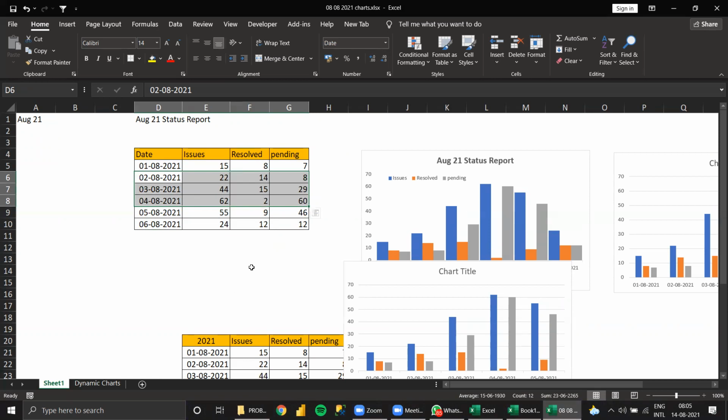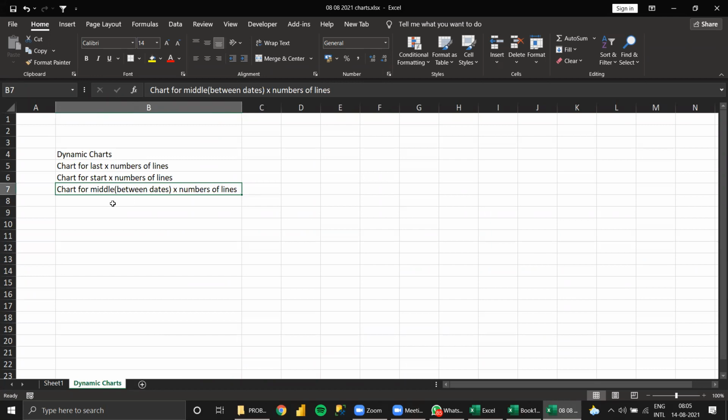Or one more thing I forgot to write here. Suppose a number of lines, and I need to do the chart in a progressive way. When I move something like a scroll bar, for the moving data we need to have the chart like that. So we need to learn the other concept, then we need to do that.